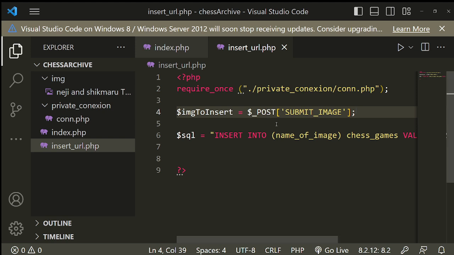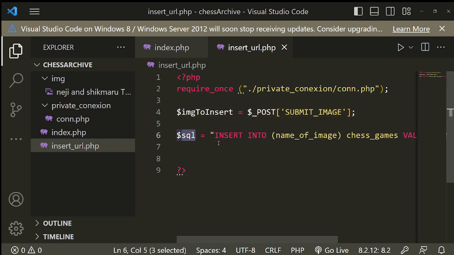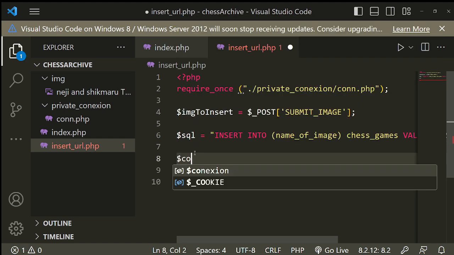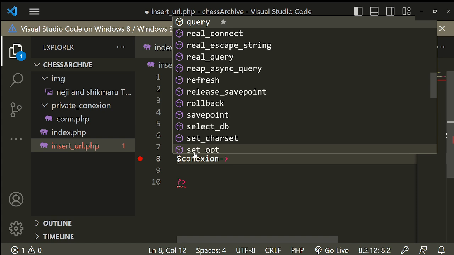And you see this part here, SQL. Let's just create con a connection, and in here we're gonna put if